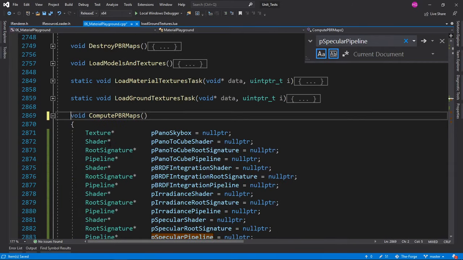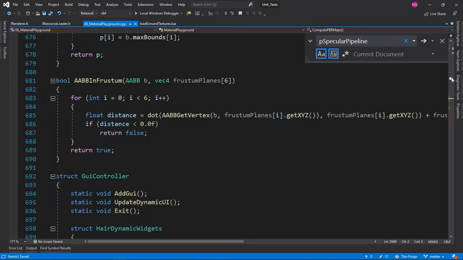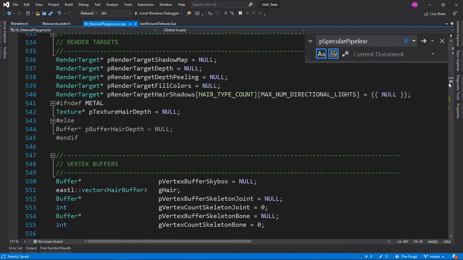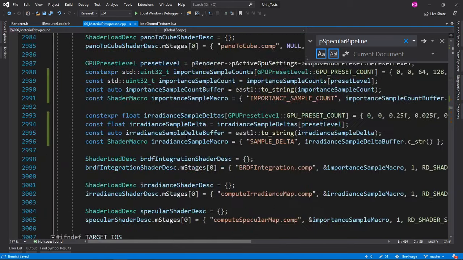But in future, I'm going to make all of these global variables we have up there members. There's no reason that they are actually global.